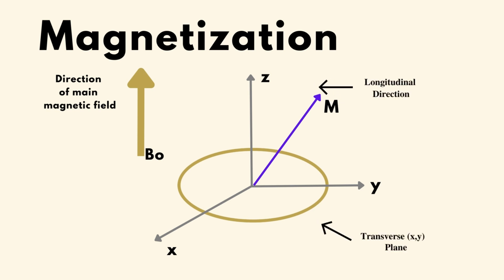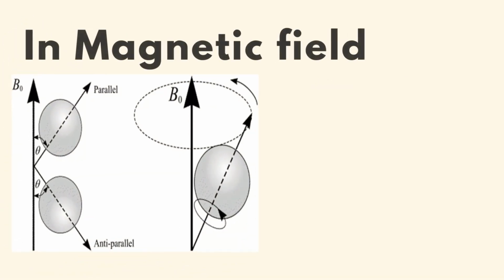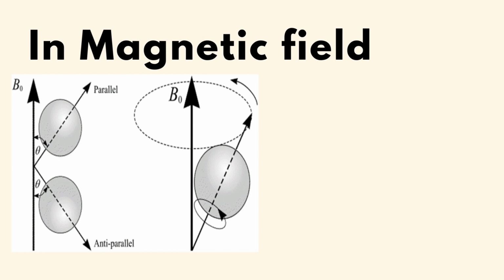Projecting onto the XYZ axes, we have a longitudinal magnetization component and a transverse magnetization component. When the patient is placed in a strong magnetic field, the protons with a longitudinal magnetization component parallel to the field line are low-energy protons. Protons with a longitudinal magnetization component in the opposite direction to the magnetic field line are protons with a high energy level. However, these protons are not absolutely parallel but will rotate at a definite frequency determined by the